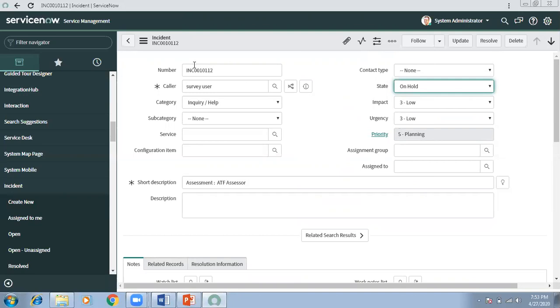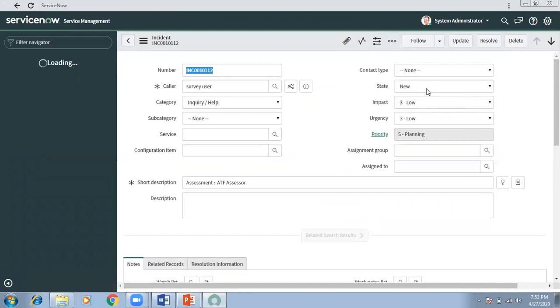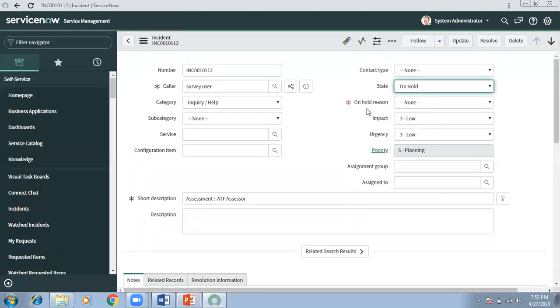Now your client gives the requirement: I want the on hold state there, but I don't want this on hold reason to become mandatory. It should be non-mandatory. If the user wants to select, they can select; if they don't, they don't. It should not force the user to select. Now what do you have to do? You need to change this out of the box configuration, the UI policy. Make it visible, but not mandatory. But to change it, first you need to think from where it is happening. You need to find that configuration.